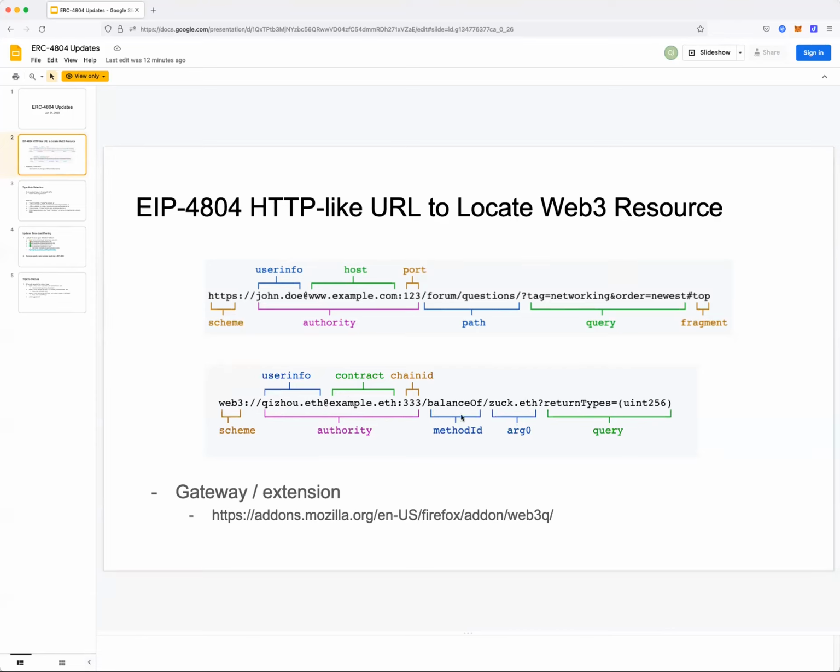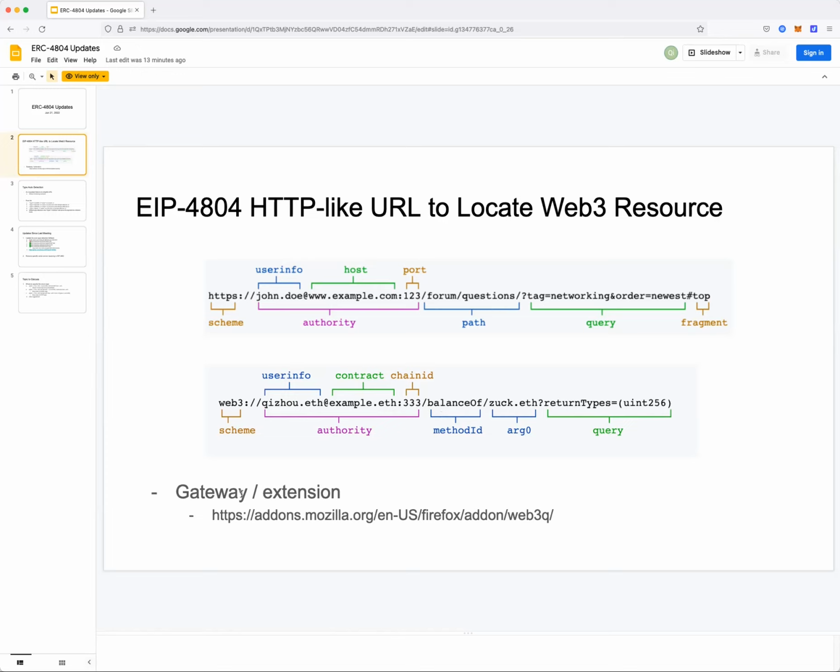For example, the arguments will be separated by a slash, and the first one will be treated as the method ID, for example balanceOf, and then can be followed by multiple arguments. Right now this one is using ENS as an address. So basically it's looking for Zach's balance of a contract. And then it also tells us the expected return types that will be displayed on the browser.